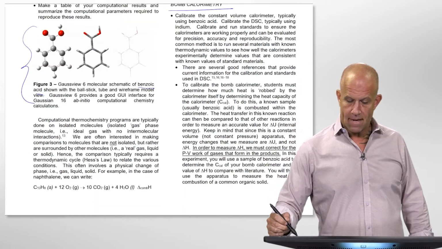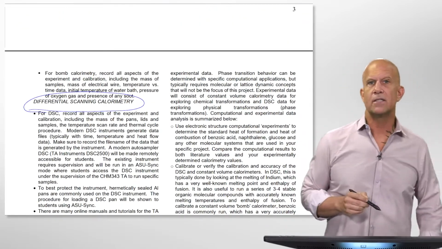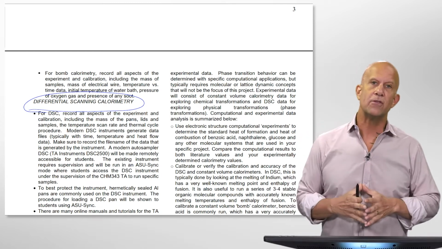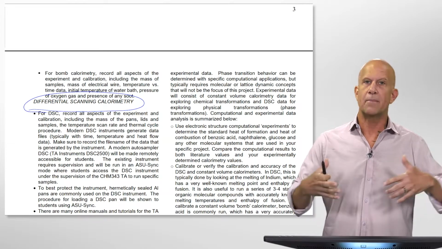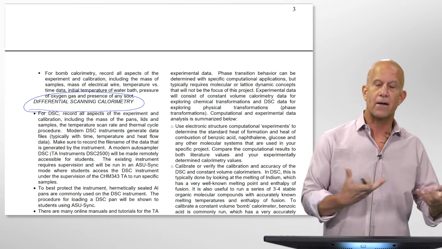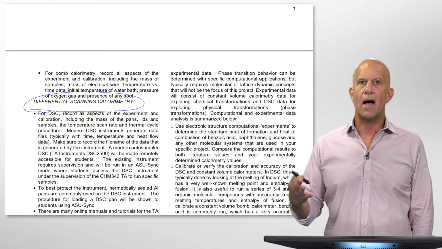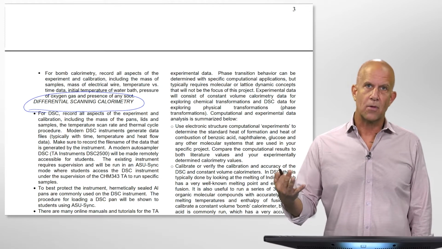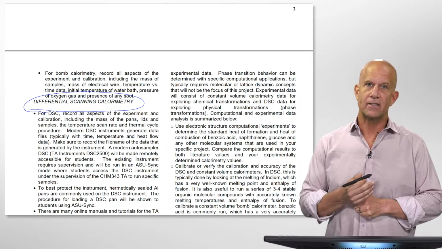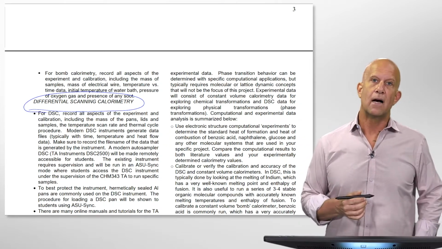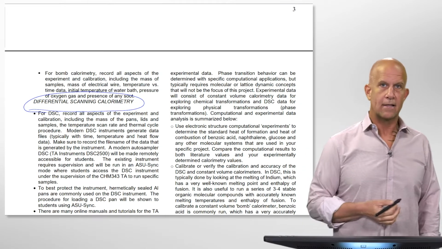And then differential scanning calorimetry, which is a very commonly used form of calorimetry in both academics and industry, in the chemical industry, biochemistry, etc., is something we do have remotely accessible, where it has automated processing, where you can change in samples and run this calorimeter remotely or online to collect data